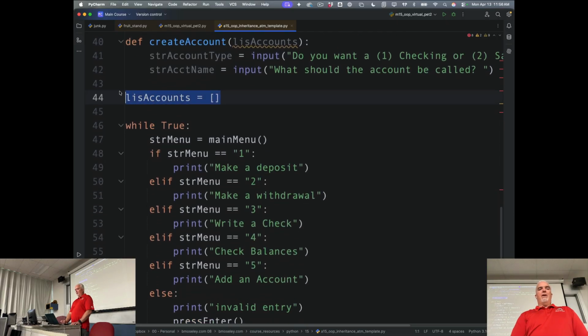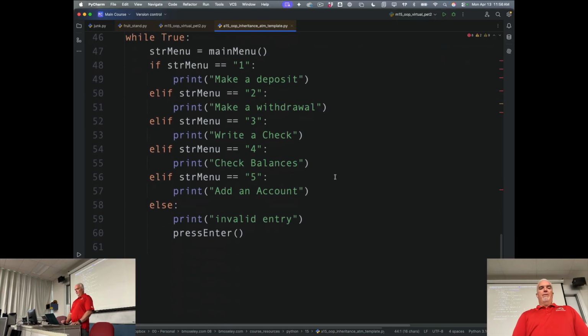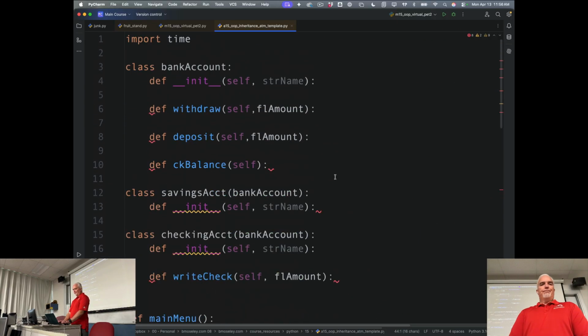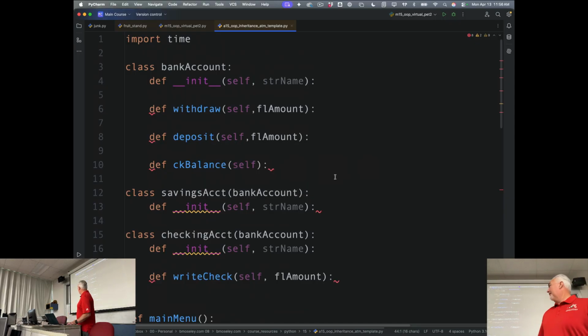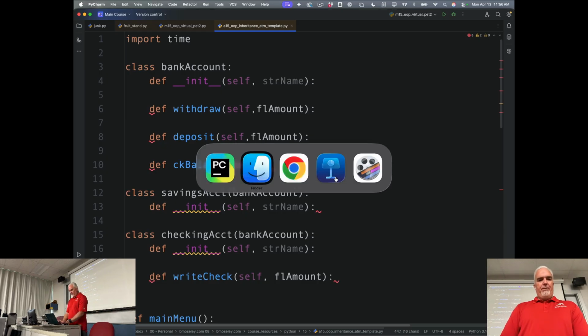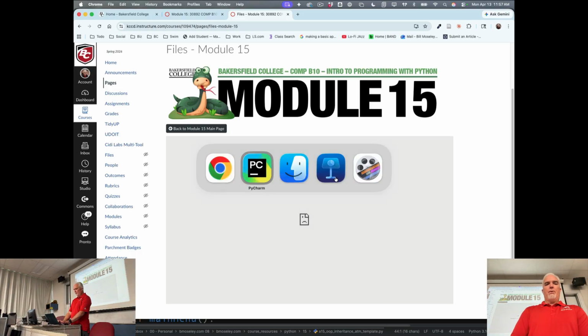And I'm not using a collection class here. I'm just using a generic list of accounts. If you want to rebuild this with a collection class, I say go for it. That's a great extra challenge. But that's the template that's available, and I'll find out what's going on with the code for this module, or the Canvas link to the code. And I'm also going to